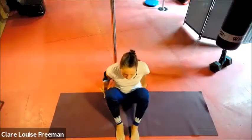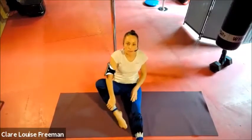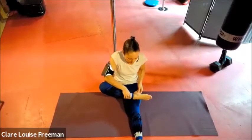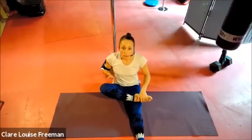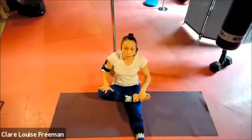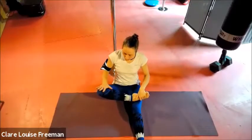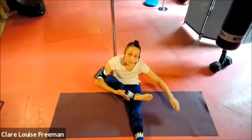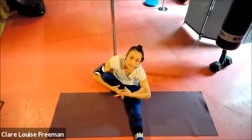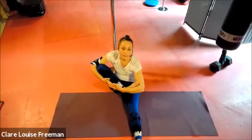Okay, so next up, we'll do an alternative glute stretch, so yoga-based glute stretch. I'm going to have you bring this leg here so that you've got your ankle bone resting on your thigh, and then holding onto the foot here and a gentle press here. So level 1. Level 2, I'm going to wrap this elbow around here, and then I'm going to wrap this elbow underneath the foot and interlace the fingers, almost like a cradling of a baby, rocking,